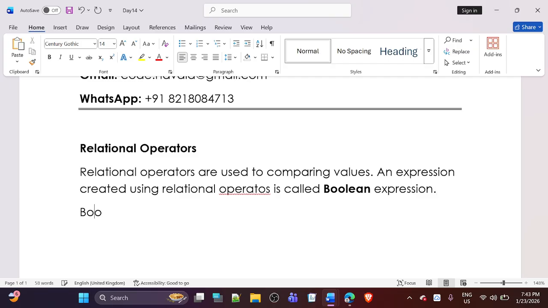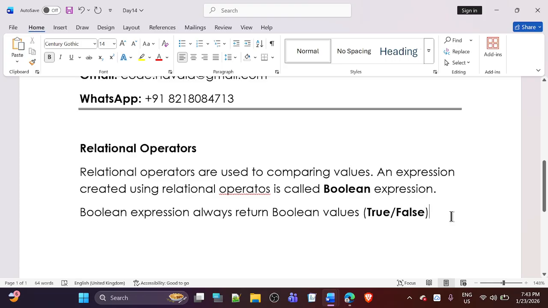Okay, a boolean expression always returns boolean values. Okay, what are the boolean values there? One or zero. True or false. Right? Okay,